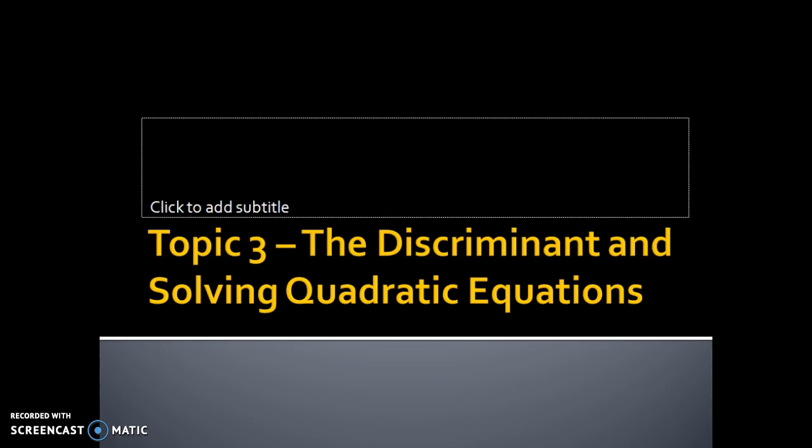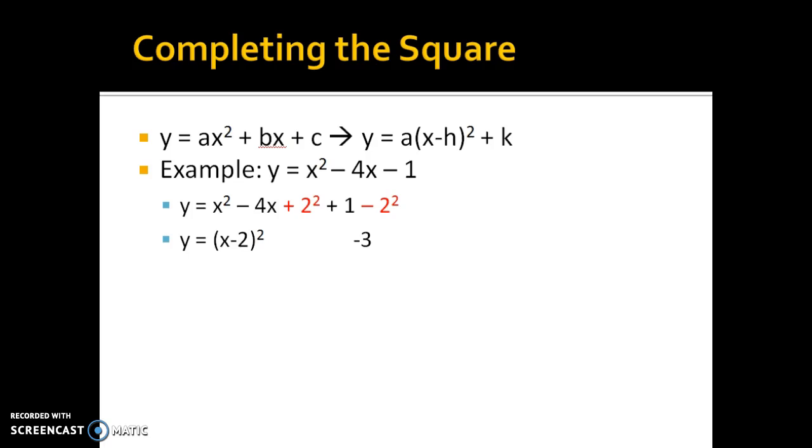So if it's not already in vertex form, if it's in standard form, you want to do something called completing the square to get it into vertex form. And this is how I do it. For example, you have the standard form, which is ax squared plus bx plus c, and then you want to convert it into this vertex form. So, the textbook example is y equals x squared minus 4x minus 1, and how they did it is they